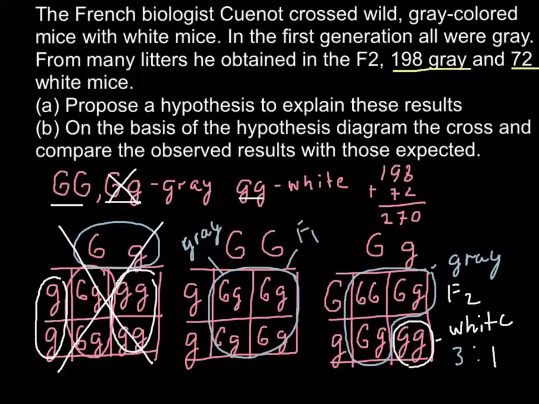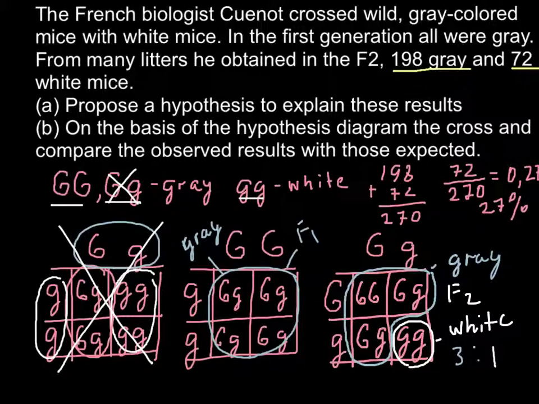Now in order to find the ratio, we have to divide 72, the number of white mice, by the total number, that is 270, and the answer would be 0.27. I rounded this number, and if we multiply this number by 100, we can get the result as a percentage. So this is going to be 27%,